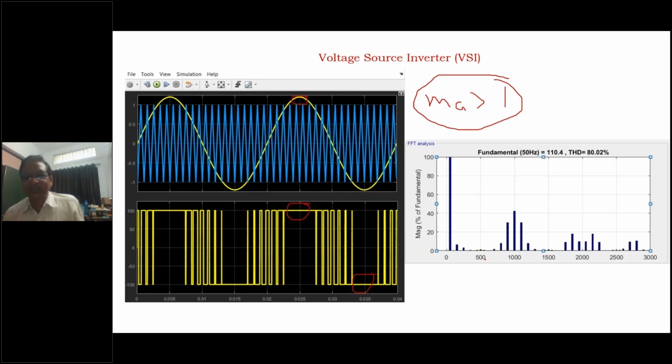If constant voltage is there, then third, fifth and seventh harmonics will start increasing. So we are not interested in over modulation. But if the fifth harmonic is not harming your load, then you can go for over modulation. And in over modulation, there is no linear relation between modulating index and output voltage.